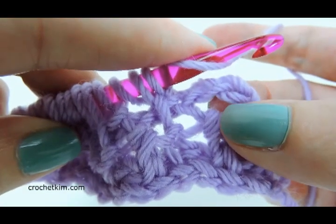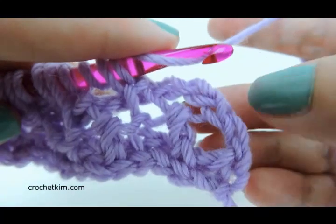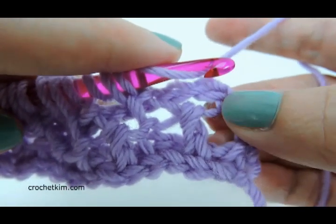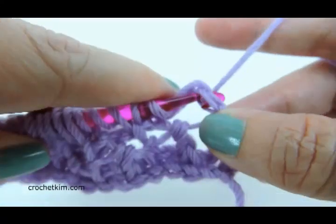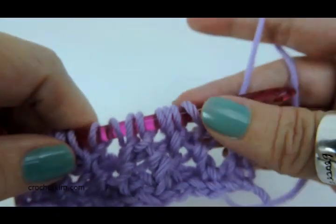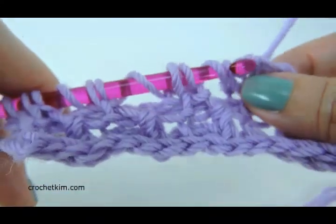Now for the last stitch, you're going to insert your hook in the last stitch under the two bars. Now remember, this is a double stitch here at the end, so you want to make sure that you're getting into the top of the double stitch and not the base of the double stitch. The base is right here. So yarn over and pull a loop through. Now this is just going to be a typical closing, so chain 1, pull through 2, and 2, all the